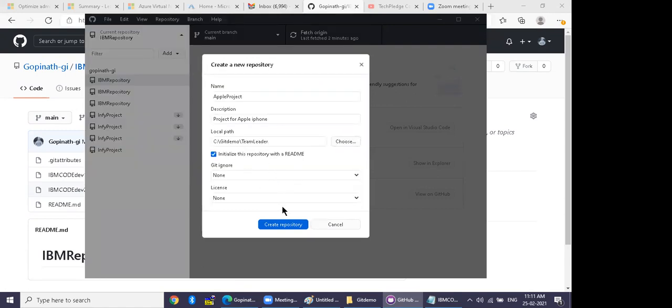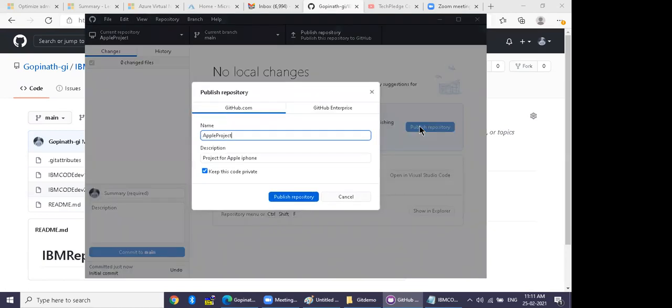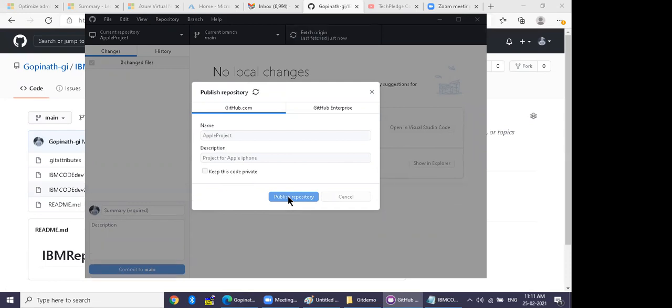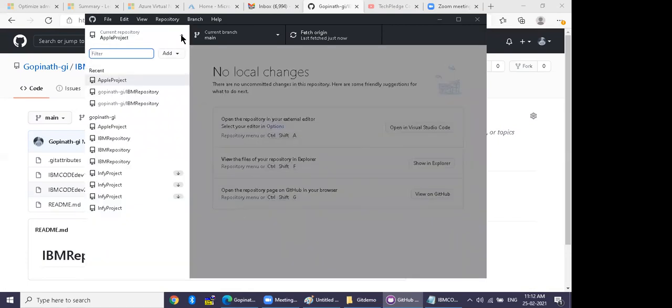Very good. And say publish this repository. Very good. Go and check in GitHub.